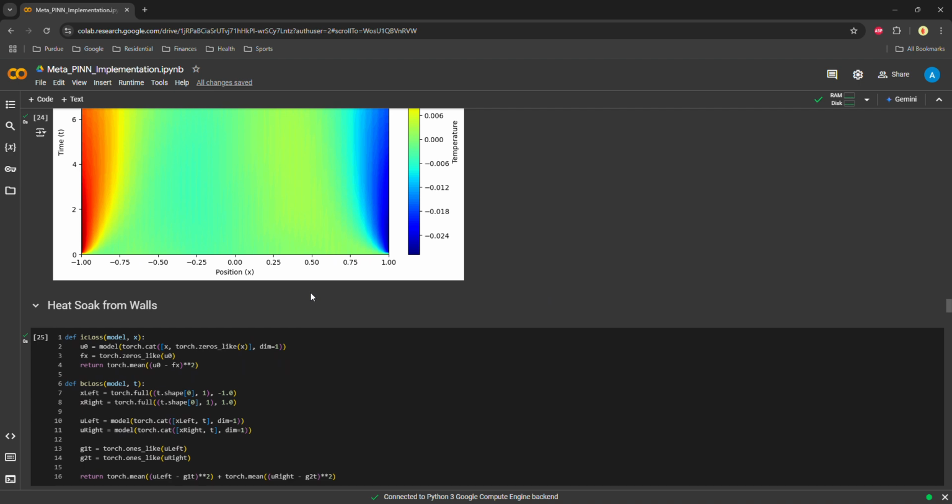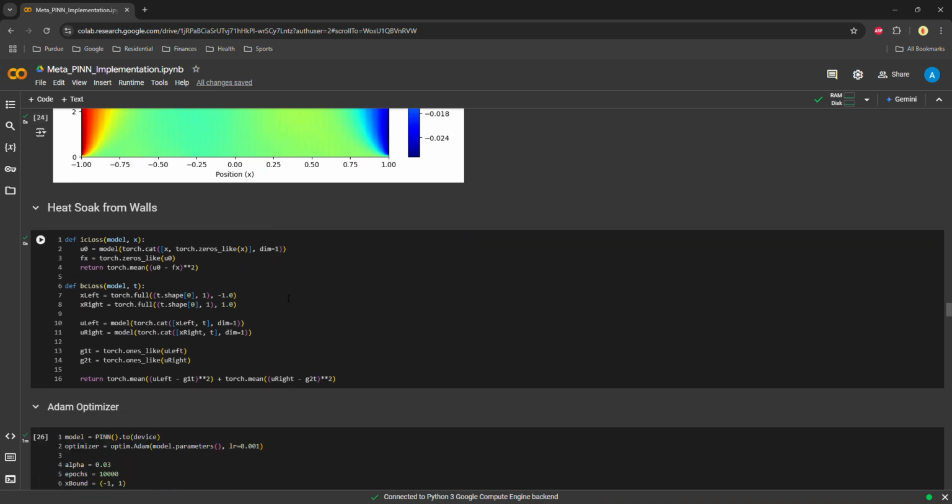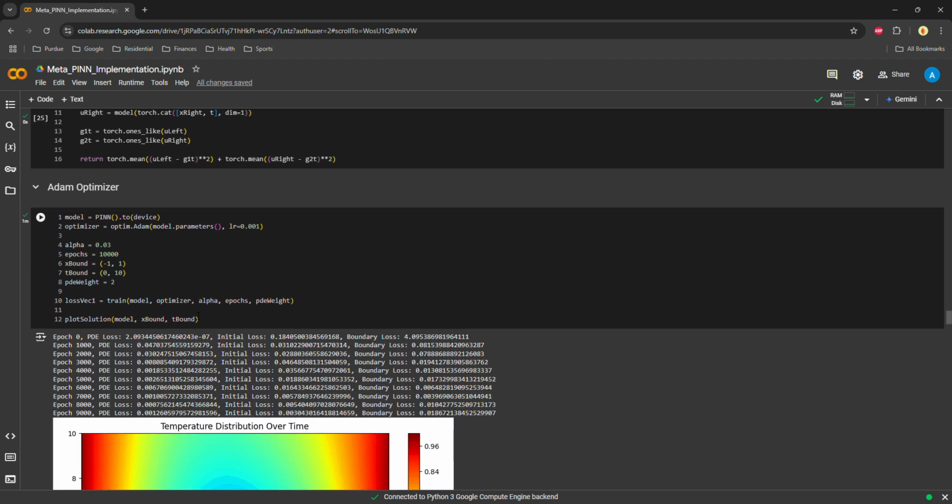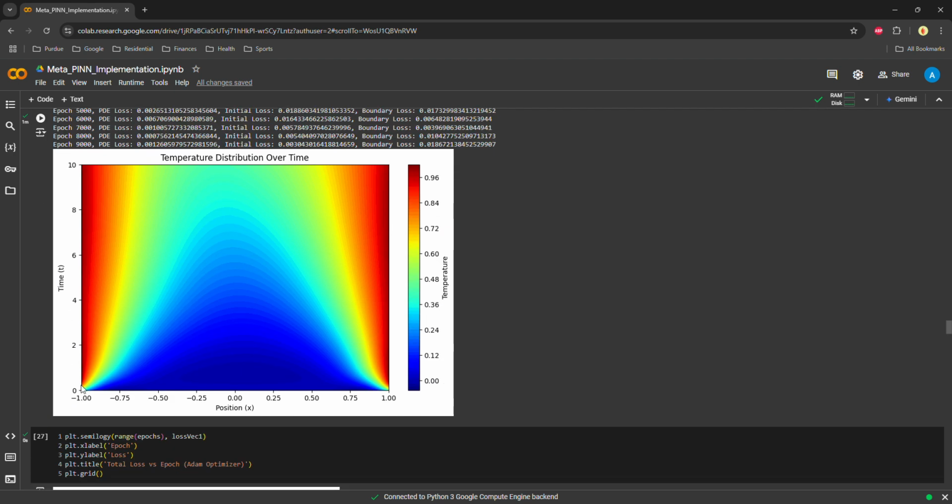And I've done all this for a second set of conditions, and this architecture is super nice because we can just redefine the initial and boundary condition loss, and now we have a whole new set of conditions just by changing what we define here. So as you can see, the new output is a constant cold and a gradual heat soak from the walls